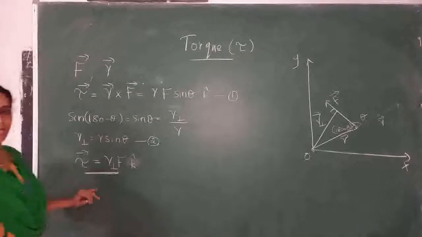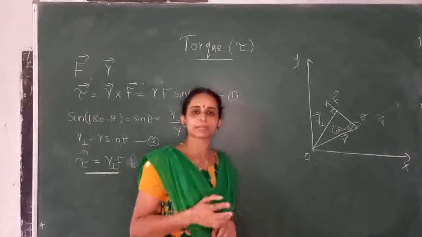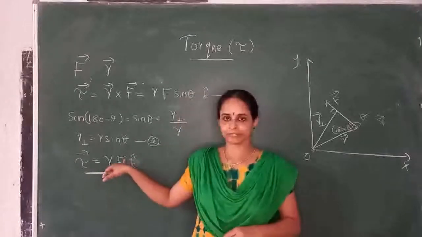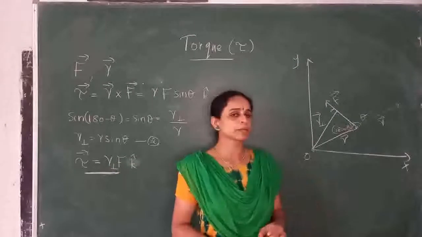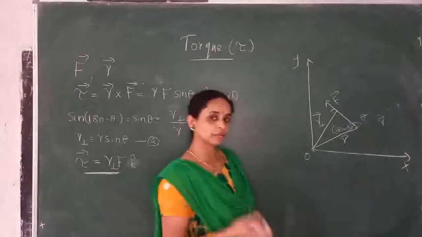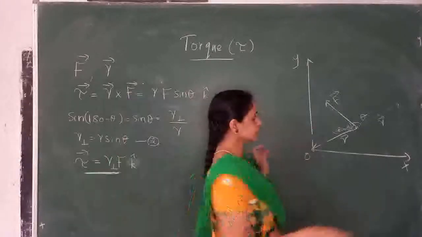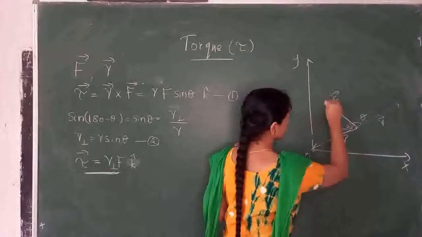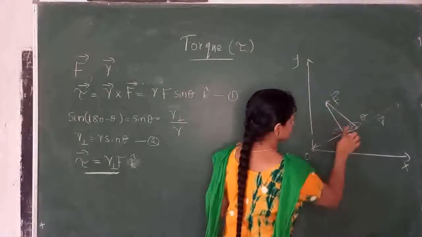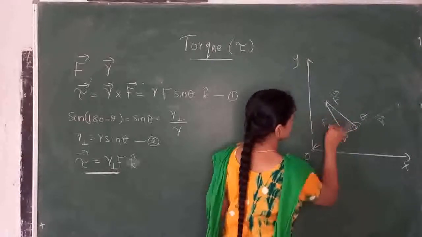This is the same thing, the same way we did in the case of angular momentum. The same notation, instead of P we will get F here. Since it is the xy plane, you will get out of the plane. So what is the other way? How will we get the F perpendicular? For that, we just draw a perpendicular from the F vector to this R vector. This is the 90 degrees, so this is F perpendicular.